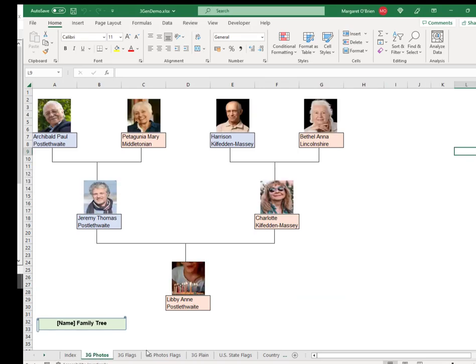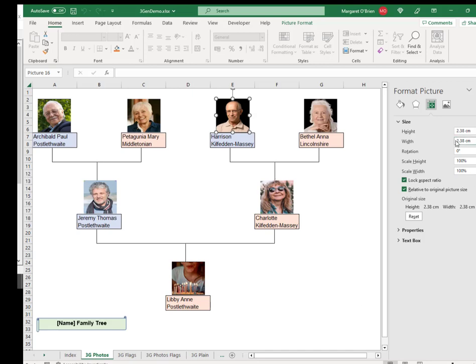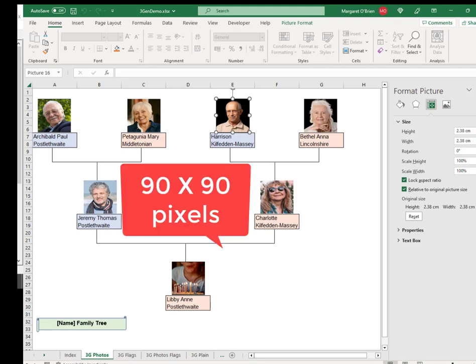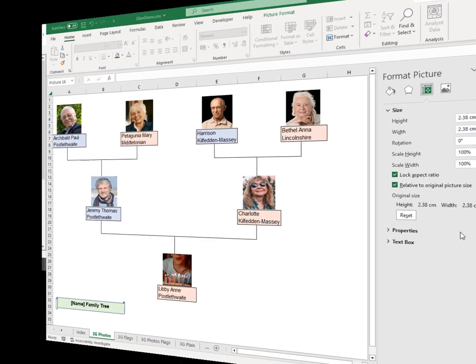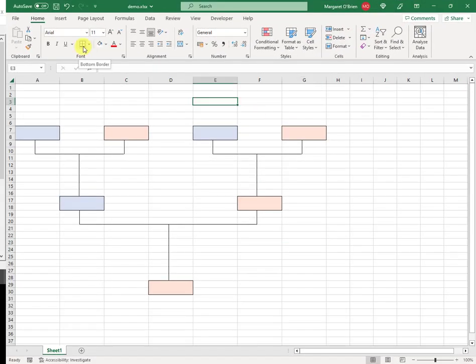These are sized in Excel terms, which is centimeter by centimeter, 2.38 times 2.38 centimeters. Many applications use pixels. That's 90 times 90 pixels. So the last thing I'm going to do is show you how to add a photo into your plain family tree. I just toggle back to the plain tree. I'm assuming you have your photo on your local machine, nicely sized at about 90 times 90 pixels or perhaps slightly larger. Go to Insert,